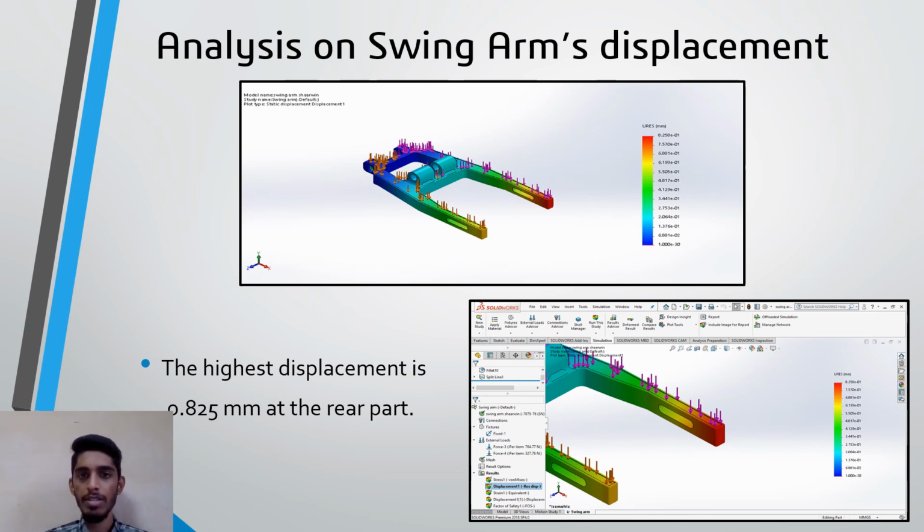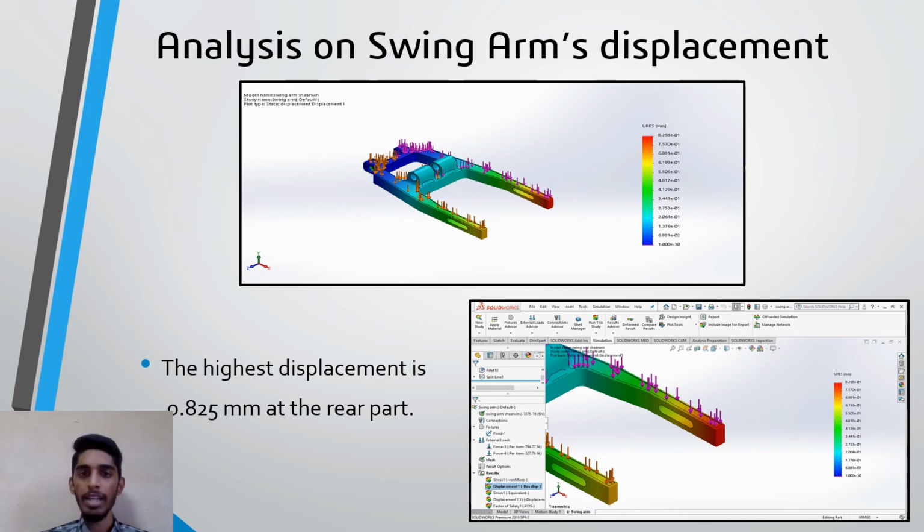As we fix the swing arm at the front axle, we can see that the front axle is covered with the blue colored region, which gives a very significantly low displacement value of 1 times 10 to the power of negative 30 meter,